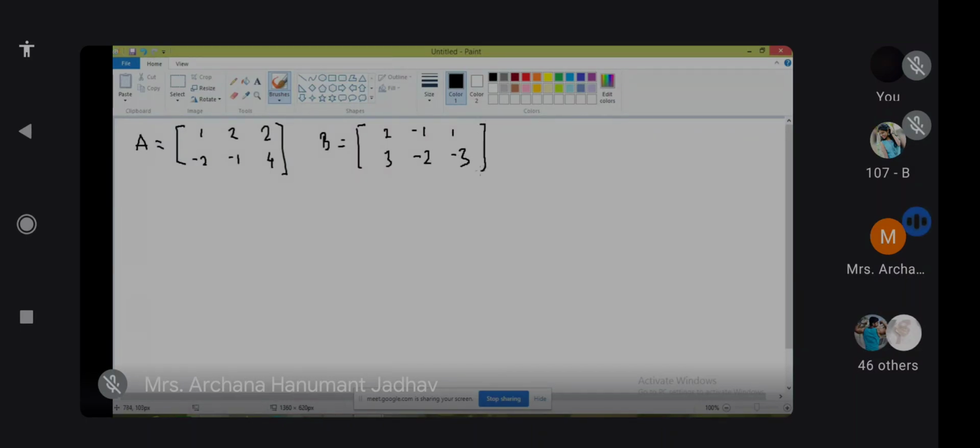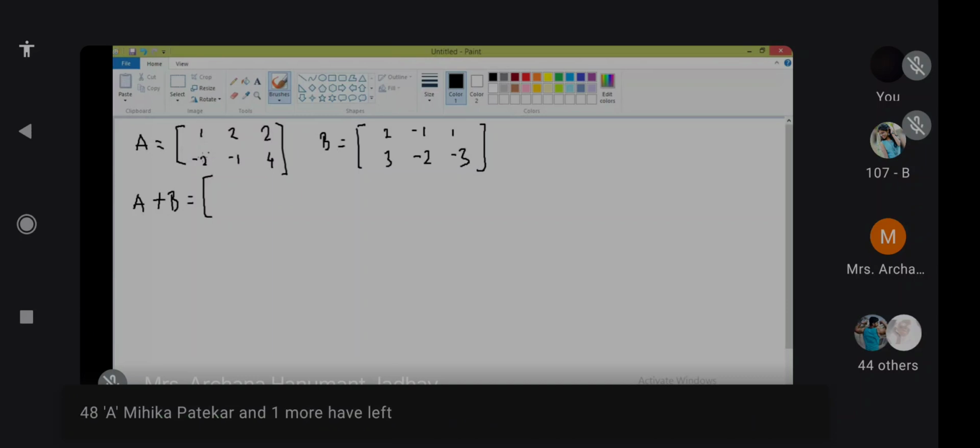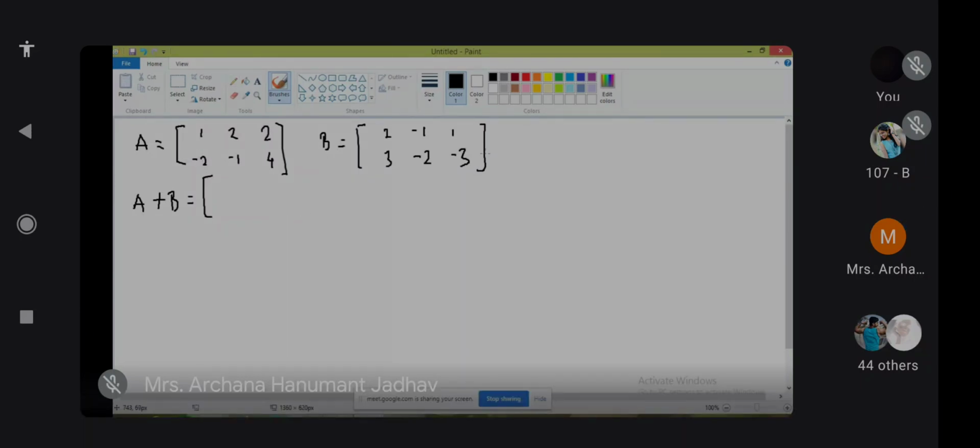So how to add these two matrices A plus B? These things are very simple. Okay, जे सायन्स बॅकग्राऊंडचे असतील त्यांना तर ऑलरेडीच हे सगळं माहित असेल. हाऊ टू ऍड टू मॅट्रायसेस, हाऊ टू सबट्रॅक्ट, हाऊ टू मल्टिप्लाय. So how to add, just here check. A has an order 2 rows and 3 columns, correct? Same thing, B has an order 2 rows and 3 columns. So we can easily add them. How to add? Just component wise addition.